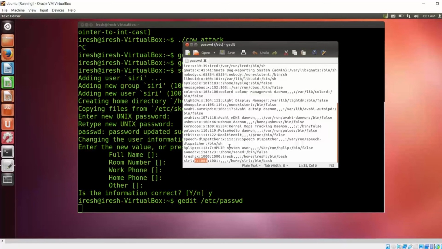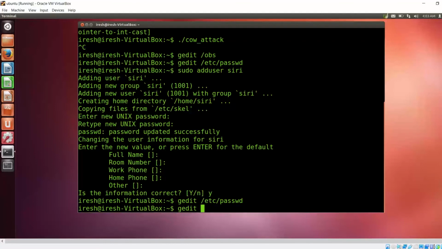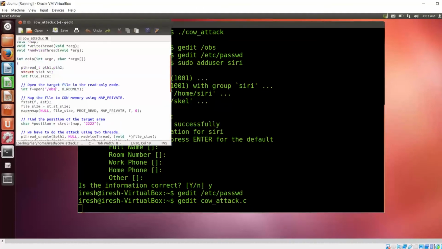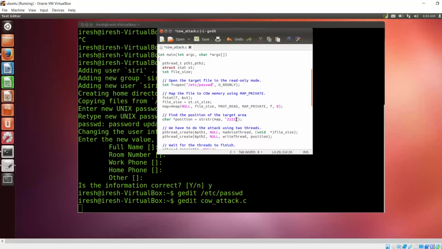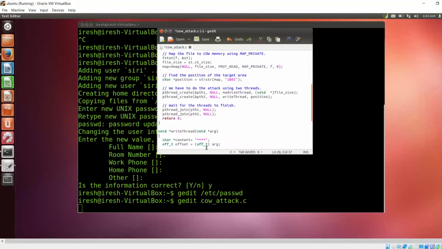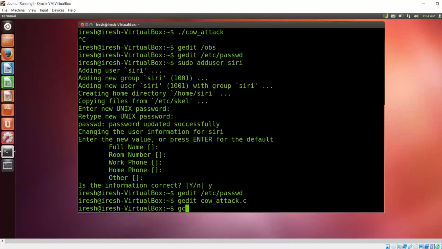Then we need to get root for the user Siri by changing that field value, replacing it with zeros. We need to modify our previous code using this command: gedit cowattack.c, and then change this part to /etc/passwd, and change this part to 1001, and this part to 4 zeros, and then save the file and compile and execute the code by using gcc